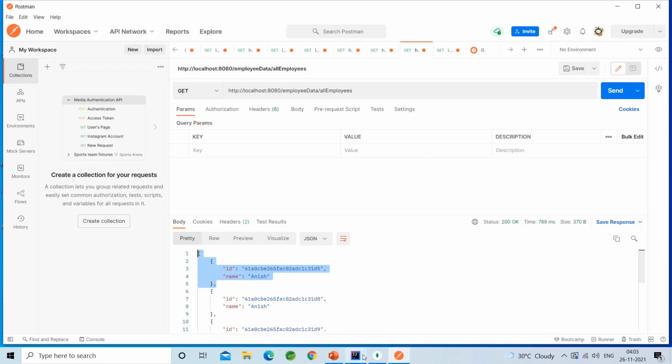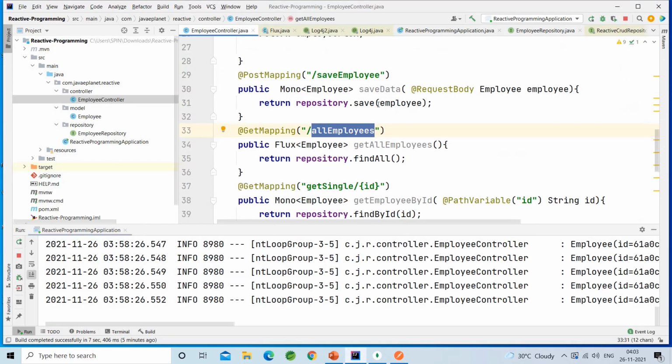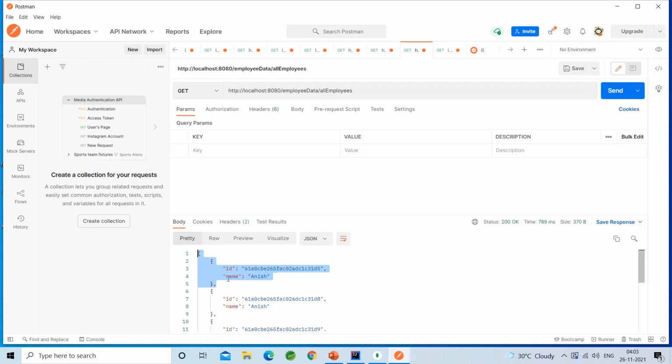Let me save the data into the database. See here, let me copy this.